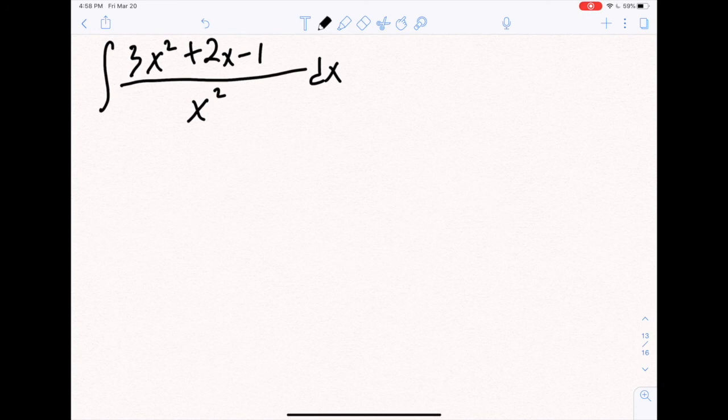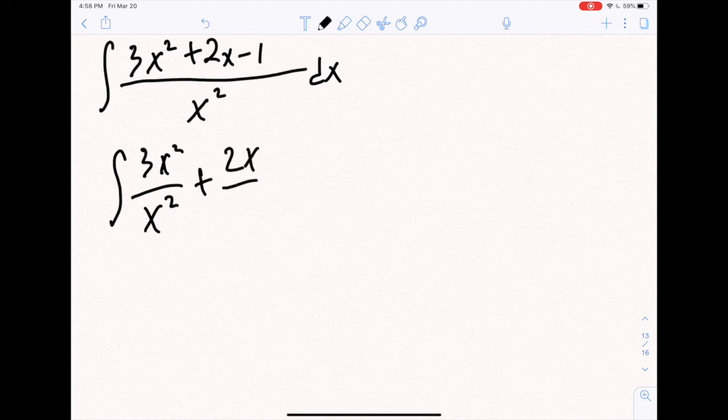See here, we have the integral of 3x squared plus 2x minus 1 over x squared. Now normally, if we try and let u be the bottom part, we'd end up with du equals 2x dx, but there's not enough to cancel there, and we're going to be left with a big mess. So before we try that, let's just rewrite the equation. So let's rewrite this to be the integral of 3x squared over x squared plus 2x over x squared minus 1 over x squared